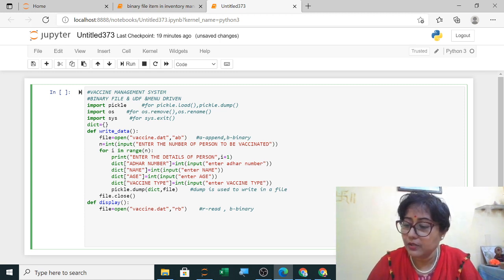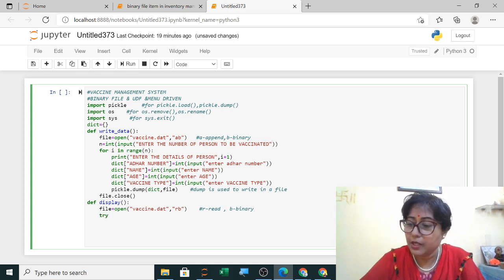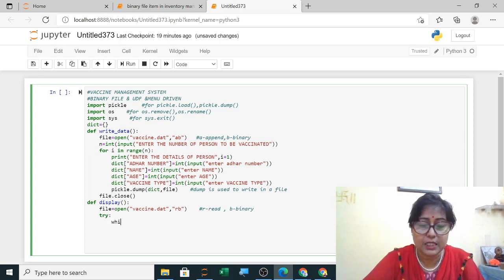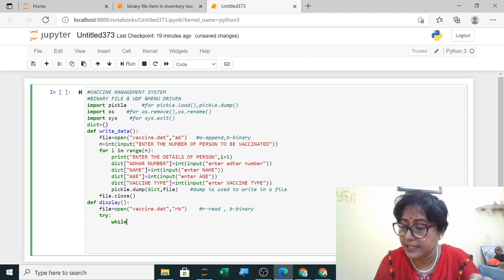Now two methods are there, but I have already explained try except. Today I am explaining this method only, because when you reach the end of the file, it may show errors. So today I am using try. In try, you write the block, and if there is any error, it will execute the except block.